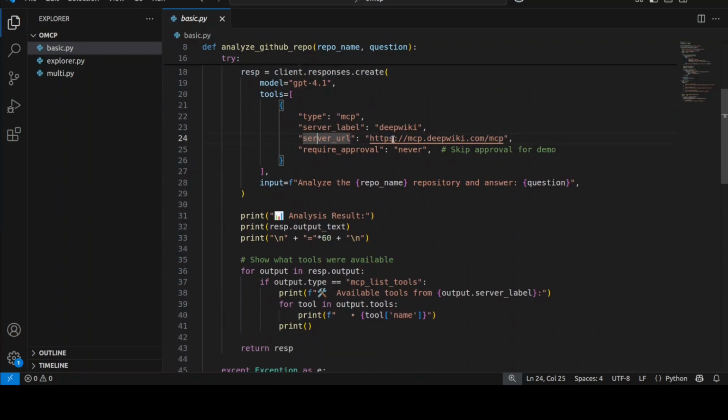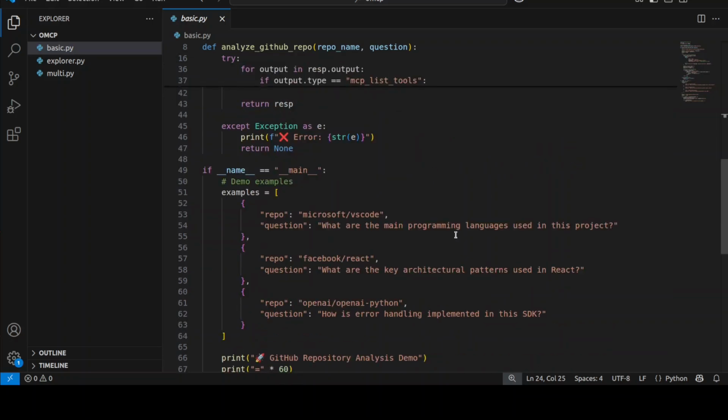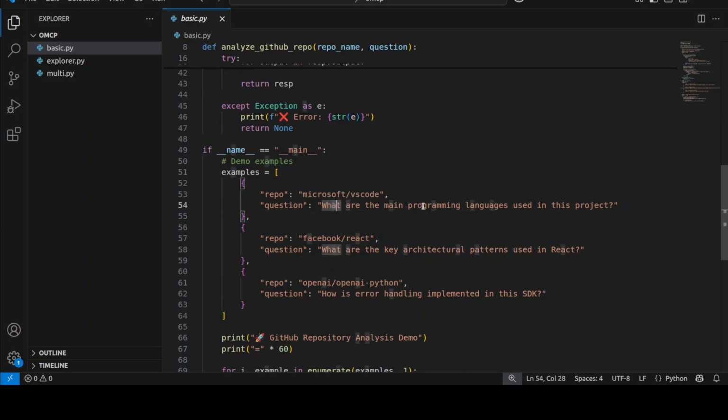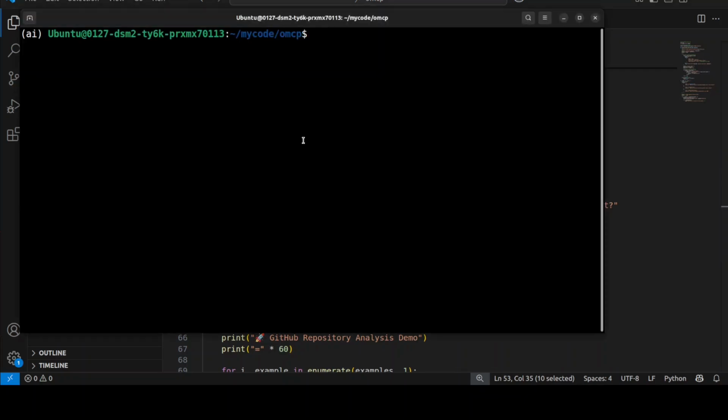Now the good thing is that they have created this MCP server which takes care of all the tool calls, whatever function signature it needs to create. You don't have to worry about it. It's all abstracted for you. All you are doing is calling this MCP server with some parameters in a natural language prompt and whatever repo you want to see. So let's go back and run this